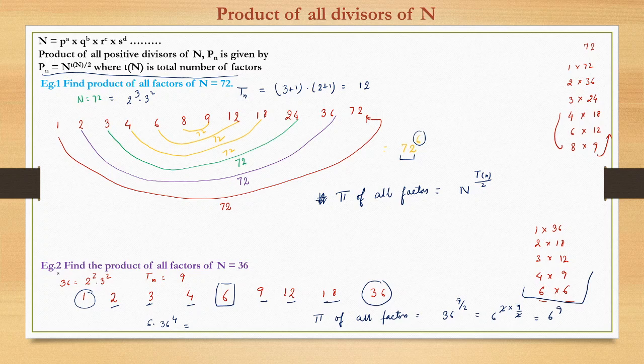And from here we can further learn one more concept. When the number is a perfect square, the number of factors of that number is an odd number. So when a number is a perfect square, the number of factors would always be an odd number. Otherwise, for the rest of the cases, the number of factors is always an even number.